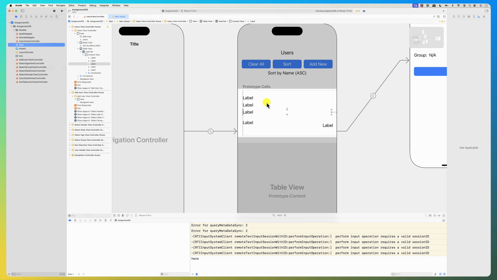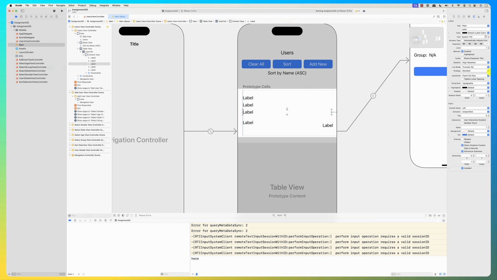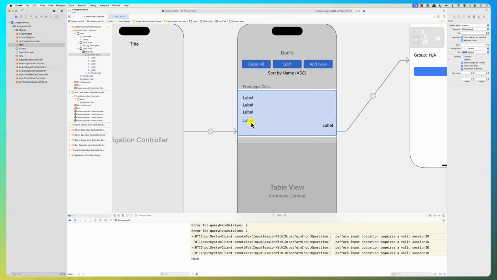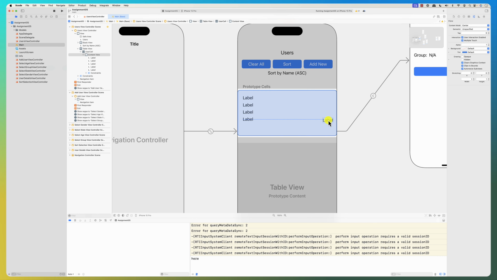Okay, good. We have this, this, and this. And if we go here, we make this one 300. Okay, and then this guy is here. All right, so here it is. And then this guy is